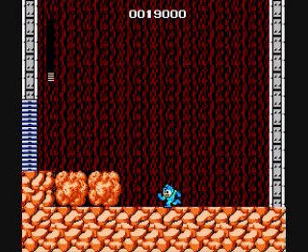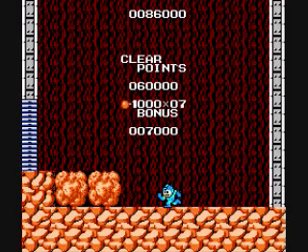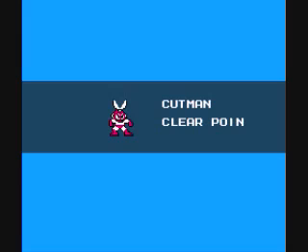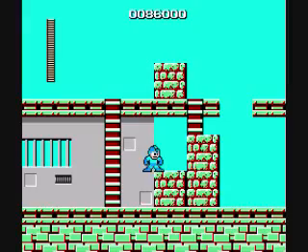Cutman actually takes 3 damage from the arm cannon. You don't have a Mega Buster in this game, so you have to use either your arm cannon or the boss's weakness. But I think Cutman is the only boss in the history of Mega Man that takes 3 damage from the arm cannon. Speaking of which, let's do him now. But ever since Mega Man 3, all the bosses only take 1 damage, and you have to use the weakness if you want to do any more than that, so...